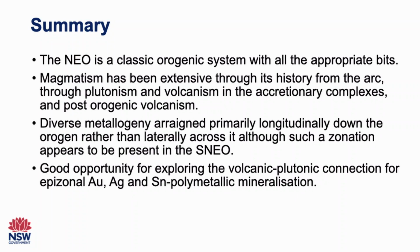So they're very different. There's a good opportunity for exploring volcanic plutonic connections in the New England fold belt for epithermal gold silver up in the north, and for epithermal tin in the south. I think if we can unravel that pile, and I think there are other older systems there that may have become a little bit forgotten, that may be worth exploring in terms of future ideas and